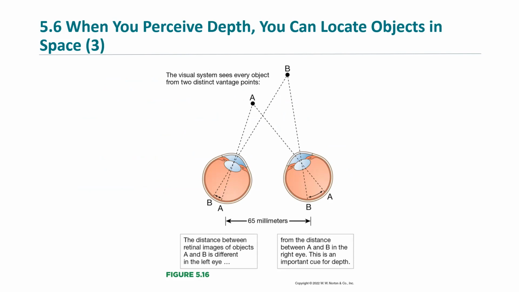So, because B is a little bit further away, and because your eyes are looking at A and B from different angles, you end up with a very short distance between A and B in the left eye retina, but a longer distance between A and B in the right eye. And once again, our brain makes rapid calculations to figure out where A is versus B. And once again, this is not going to be things that are really, really far away, but it's going to help me,